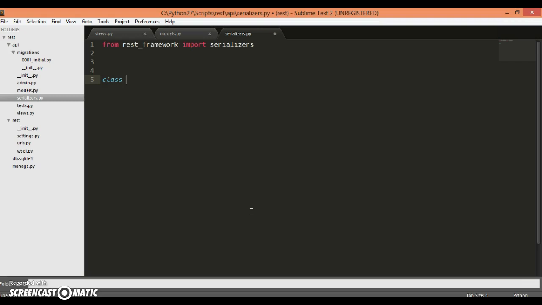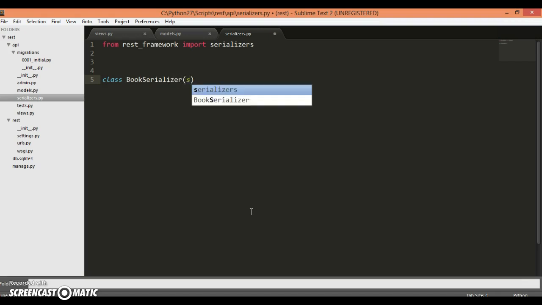So what does a serializer do? A serializer basically represents your data in a JSON format or an XML format. So basically we just need to provide it two things. One is which model the data is to be represented in a JSON format for, and another is what fields need to be shown. So fine, we will be creating a class and we will inherit this serializer. We will name it BookSerializer,